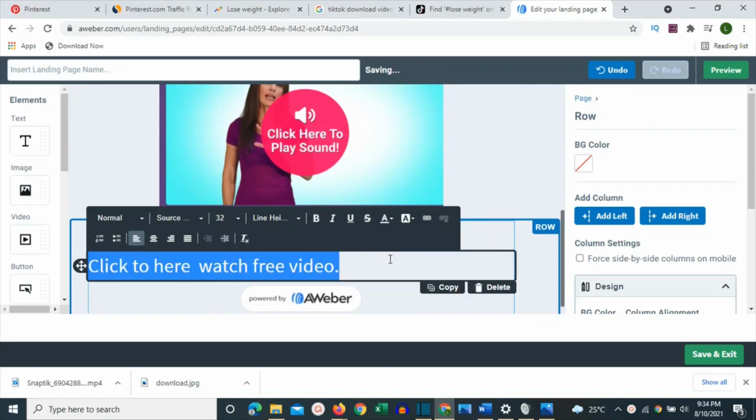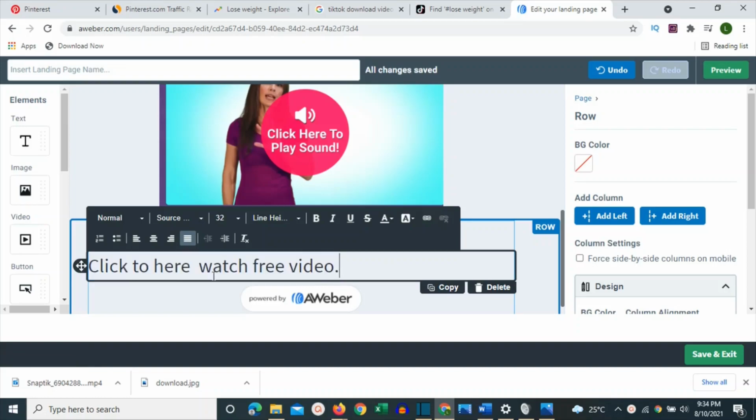Once you come to 32, let's align it properly. You are going to come with this justify alignment. Put it here. Once you've done that, let's put it in the middle. Drag this particular text and send it to the middle portion of it. Once you send it to the middle portion, we are going to also link this text to our affiliate product. So we are going to insert our affiliate link onto this particular text.